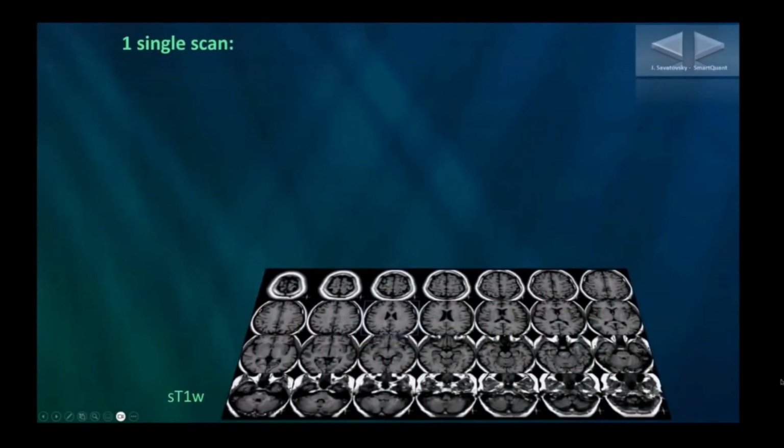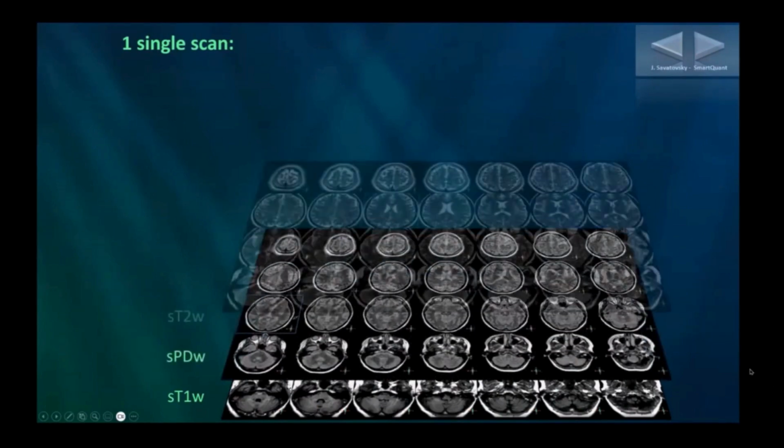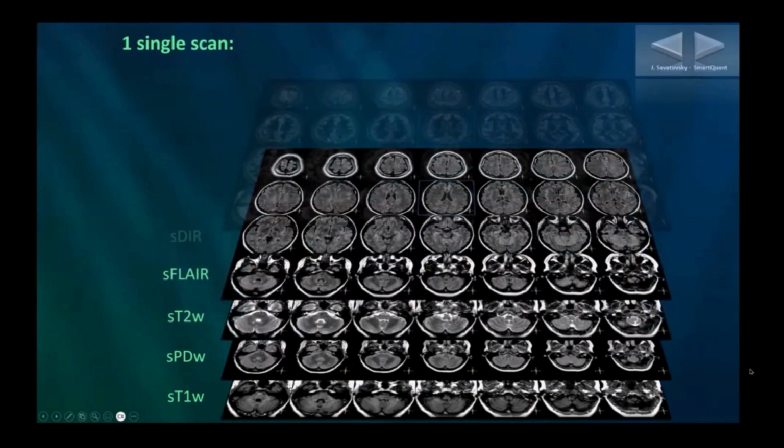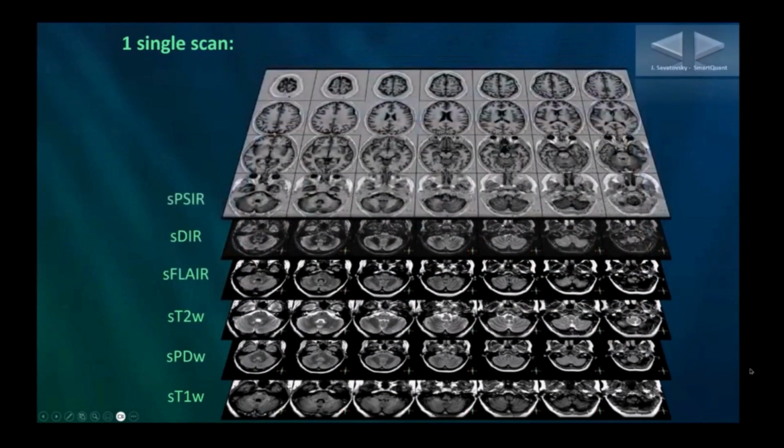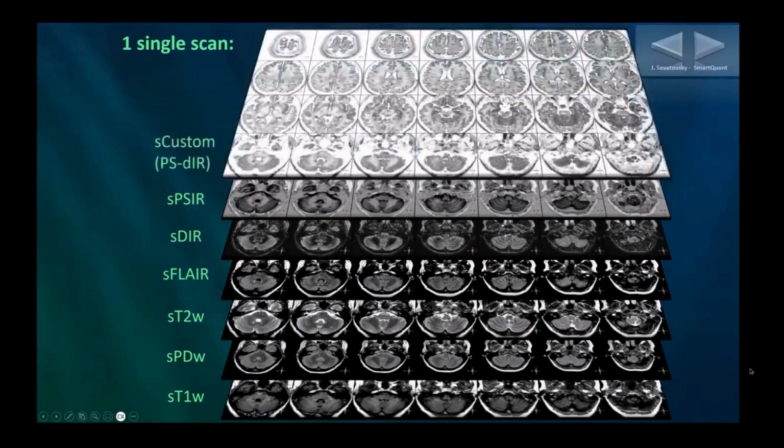So with one single scan, we were able to obtain several synthetic weightings: T1, proton density, T2, FLAIR, a double inversion recovery, phase-sensitive inversion recovery, and we could even take it to a further level and generate some custom weightings, such as this phase-sensitive double inversion recovery. So it's very convenient, and we can save as many synthetic weightings as we need for one given clinical